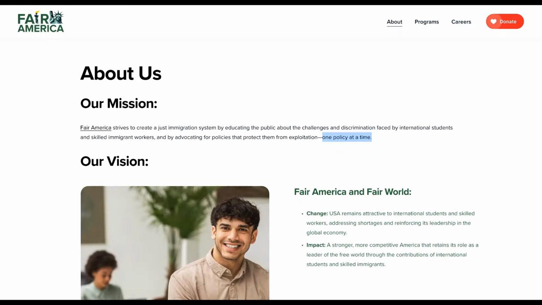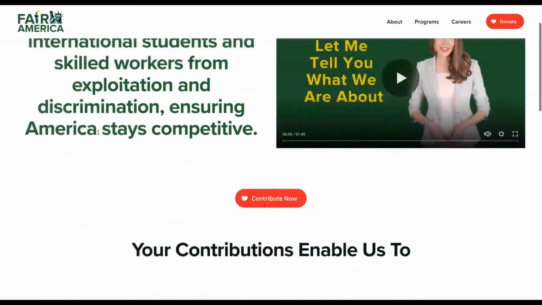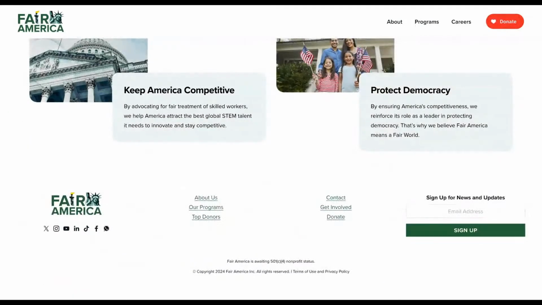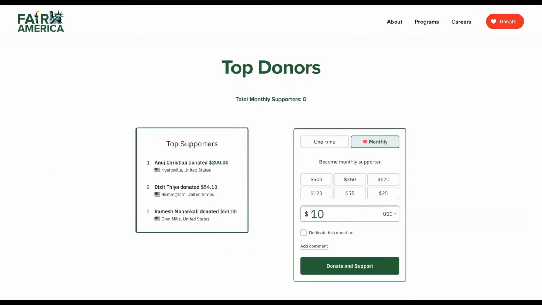And how we are going to achieve it, you can explore these different programs. They are listed here as well. But one thing we liked is that we have made this website dynamic. It's not a static website. What we mean is that anytime you come to the website, it's going to change depending on our supporters.